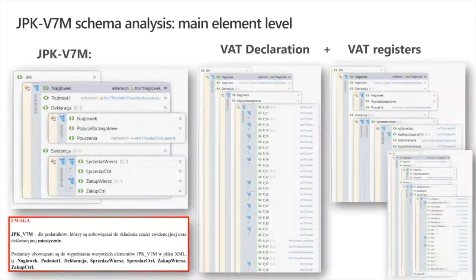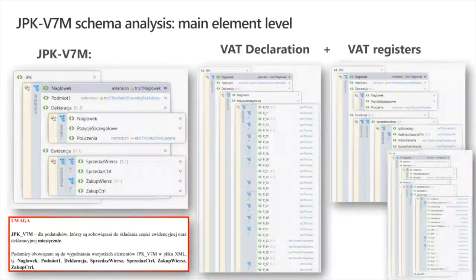Besides, there are many variations of VAT declarations in Poland, like VAT 12, VAT 27, VAT ZZ, VAT ZT, etc. And this JPK VDEC will replace them all. On this slide, you can see the main structure of the JPK VAT file, and specifically the monthly report structure. The XML schema of the file is to some extent human readable. The primary file is